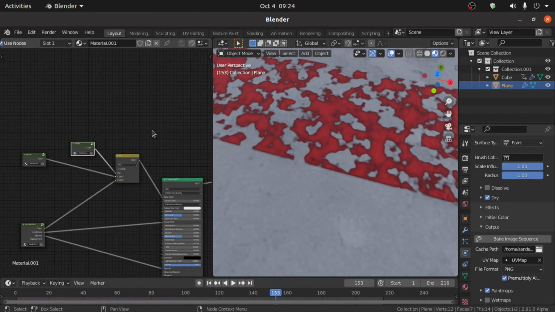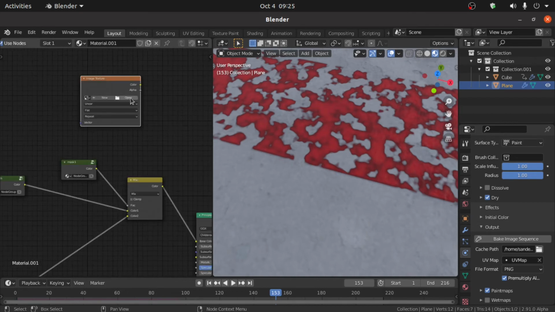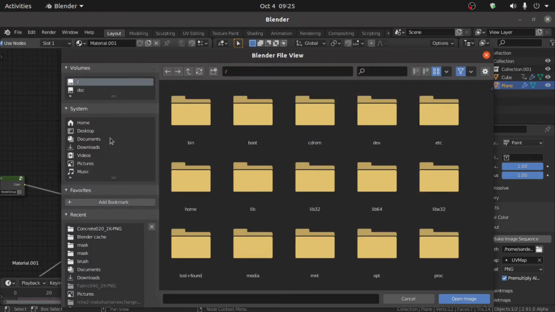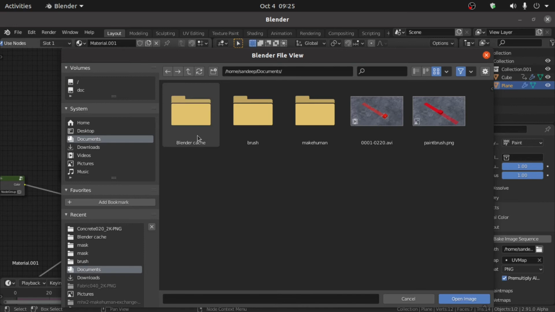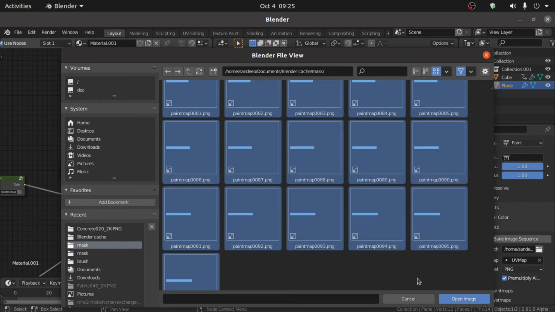Now we have to open another image sequence that is for second times. So press Shift A and search here image textures. Now click on this open and select image sequence. So press A to select all the images, and there are 96 images in this.